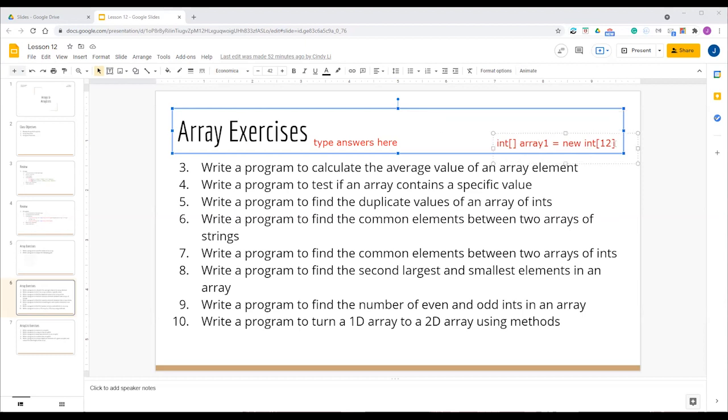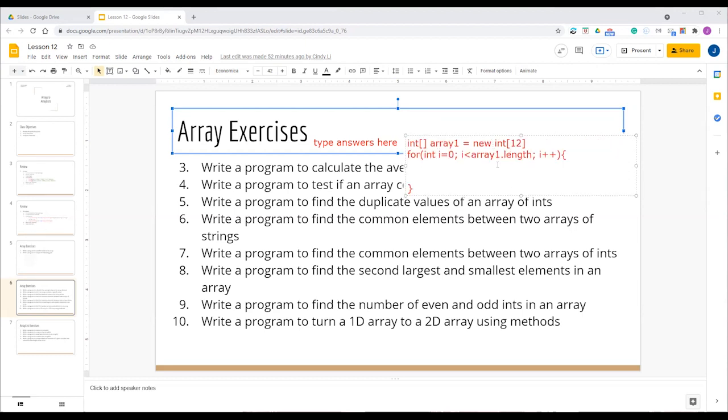So you can do the for loop, or you could say i smaller than 12 in this case, since you know it's a fixed size array, and then increments. So you have the for loop set up. You're going to loop through the array, and